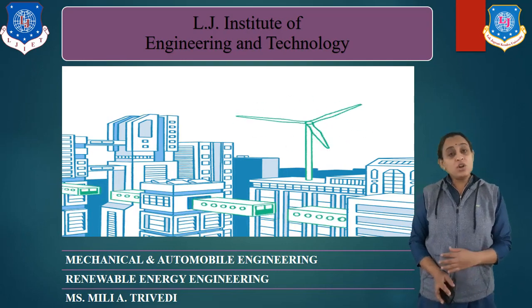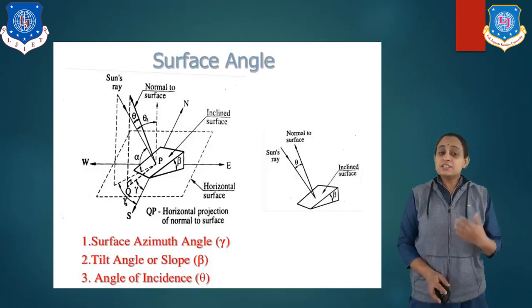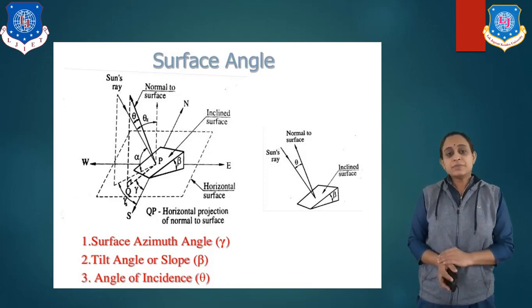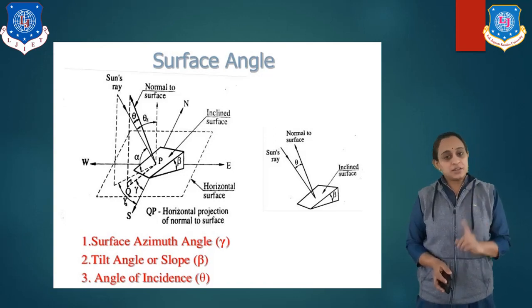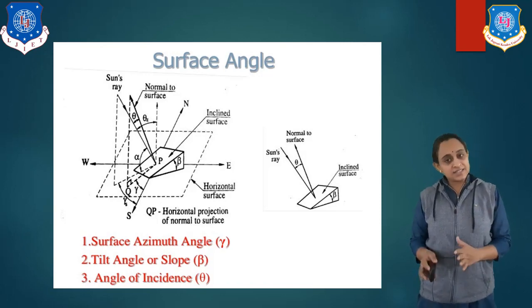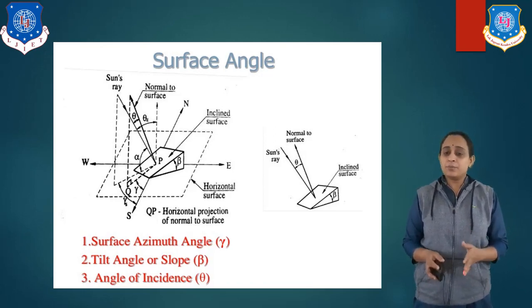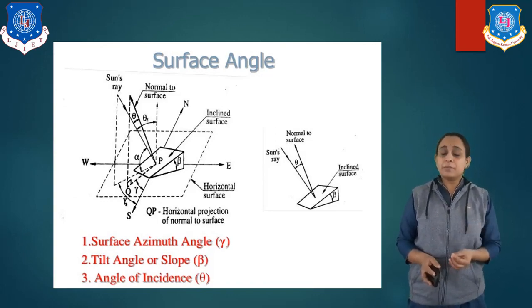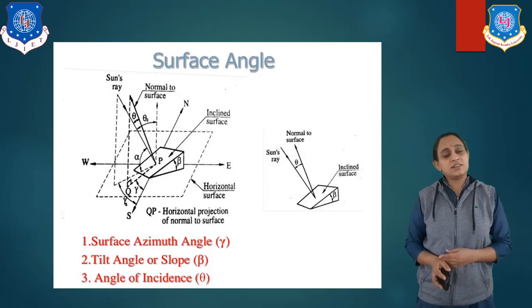Here, as we have already discussed in our previous video about the Sun and Earth angles, as you see in our diagram, which is based on surface angle, there is the representation of all the basic angles named surface angle, zenith angle, incident angle, surface azimuth angle, etc. All these angles solely depend upon sun rays and motion of earth. Hence, this also depends upon our angle and deflection of earth. So let us start with our journey towards learning.